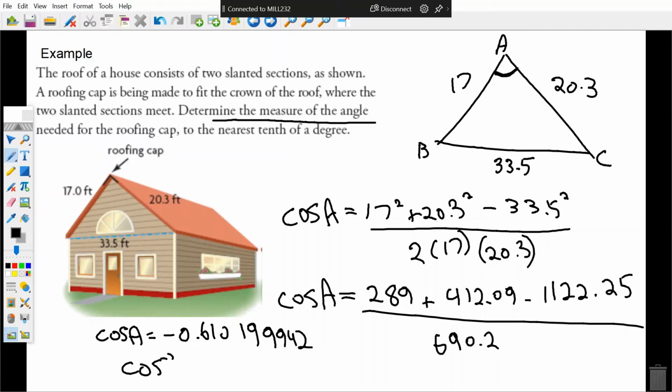Rounded to the nearest tenth of a degree, you can see that we got an answer of 127.6 degrees. And if we look at our angle, we can see that this is an obtuse angle for A. So 127 is a value that makes sense there. Okay? So the fact that we had the negative there was not a big deal, because once we took the second function cos, it gave us an answer of 127.6, which is an acceptable answer. Next up,